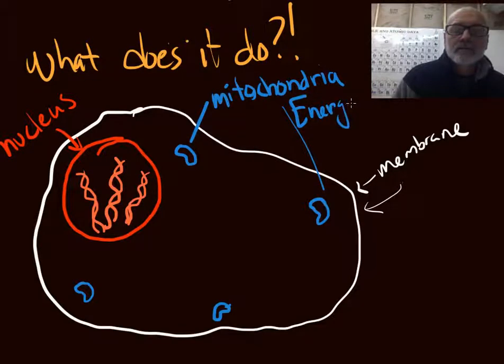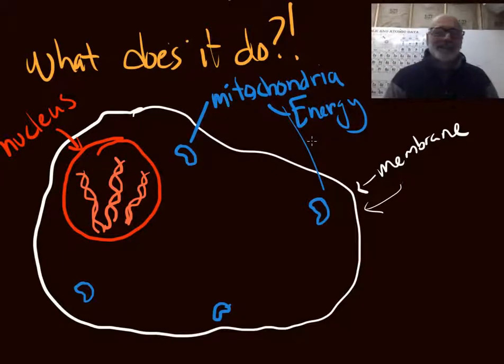They produce energy for the cell. Everything that goes on inside the cell needs energy to make it happen. When you get tired, it's because these mitochondria are busy making energy, and they haven't got it. Your cells are really running out of steam. They just don't have any energy. And the mitochondria are producing it for them. That's when you have to eat, so that you can give these mitochondria something to produce energy with. That's one thing.